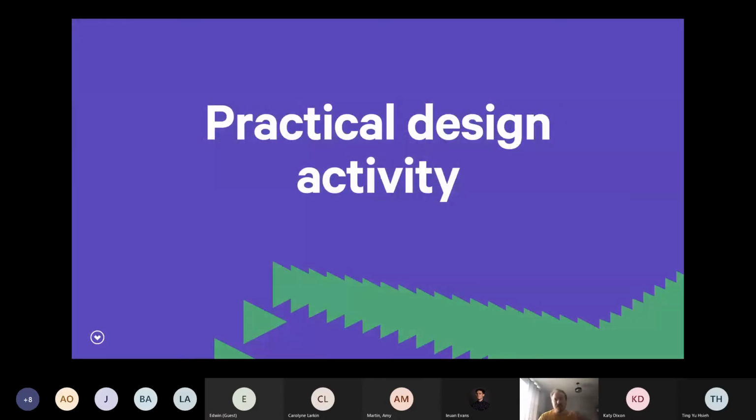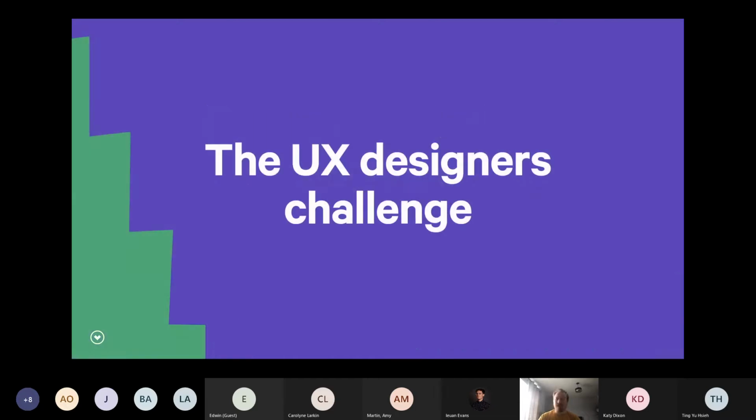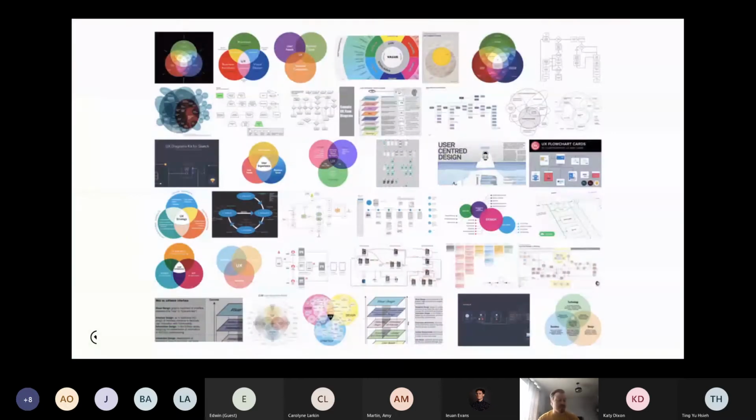So that's the process of how we apply design thinking at Code, like the stages and the frameworks and how we think, going from problem to solution. And then I'm just going to talk through some practical design things that we do to help us do that. I thought it worth mentioning, because obviously designers are doing this at Code, and the